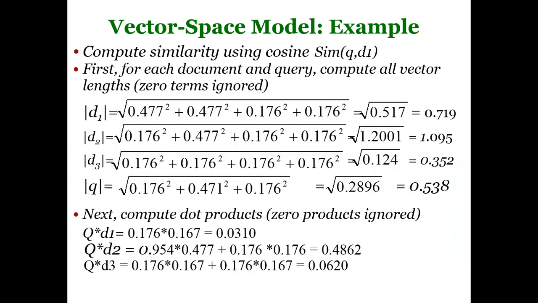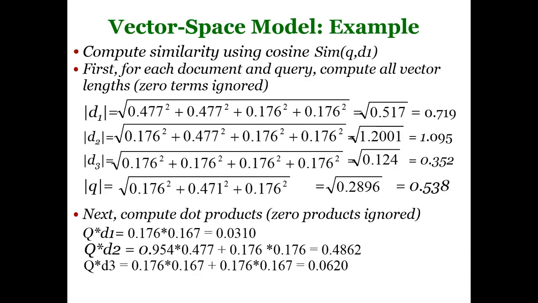Now we are using the cosine similarity. To simplify, you can first calculate the length of the document and the length of the query. Or else you can use the formula of cosine similarity: summation of the product of every term in the document against every term in the query, divided by the normalizer, the length of the document times the length of the query.